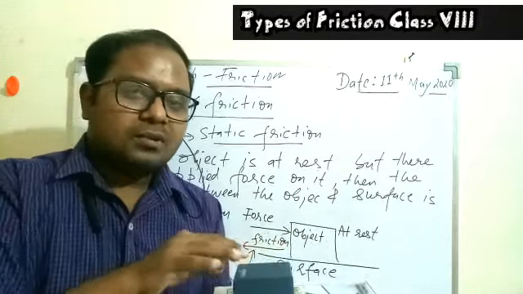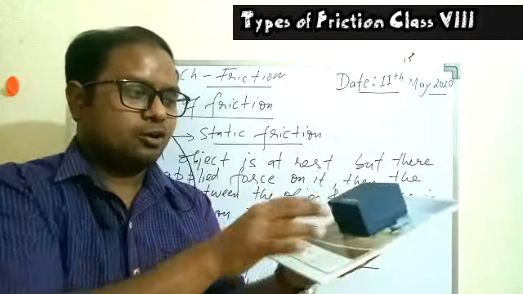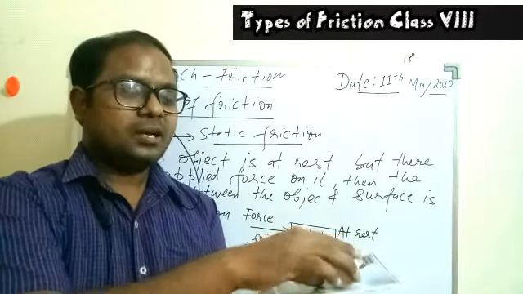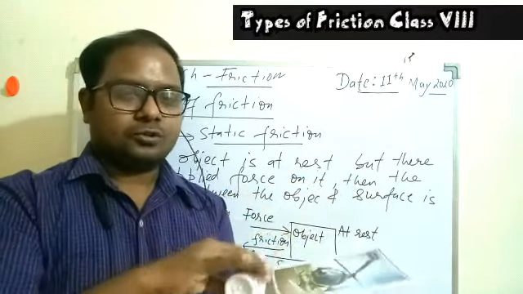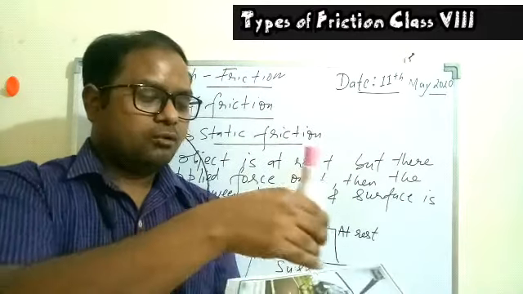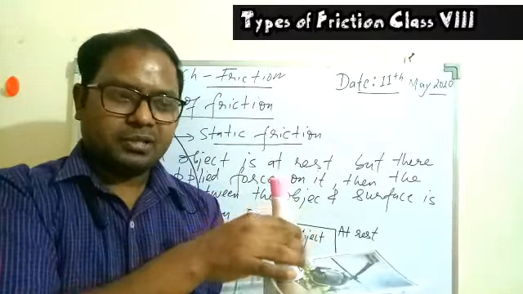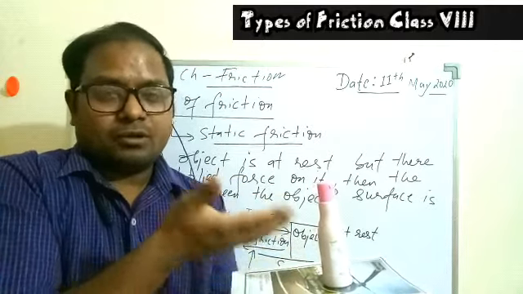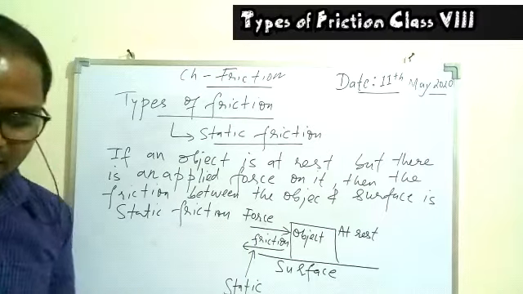Once the object starts moving, then we have two different conditions. The object can slide, or the object can roll also. Depending upon the shape, the object can slide this way, or the object can roll also. When the object is rolling, at this time also we have some friction between the object and the surface. When the object is sliding, at this time also there is friction between the object and the surface. And when the object is at rest, we are applying force but it's not moving, that is having another friction. Based on this we have three different types of friction. So I hope static friction is clear.